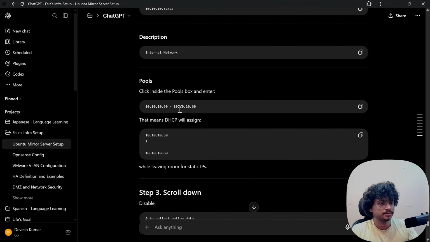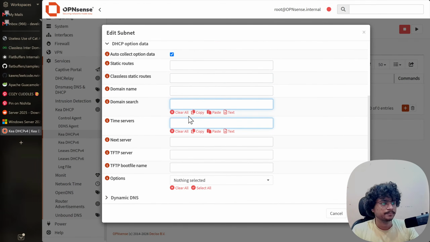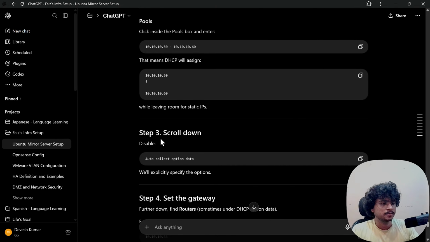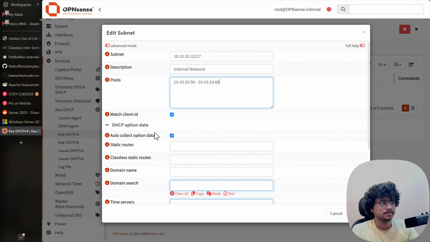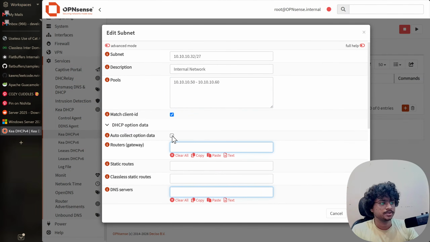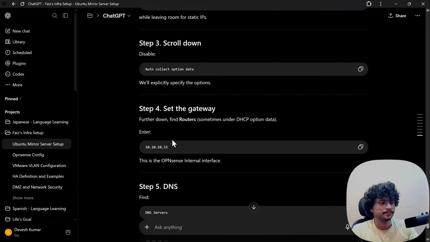Internal network. Enter. Disable auto collect, option data. Further down, find the routers, sometimes under DHCP option data.